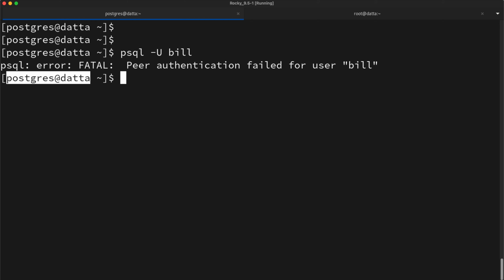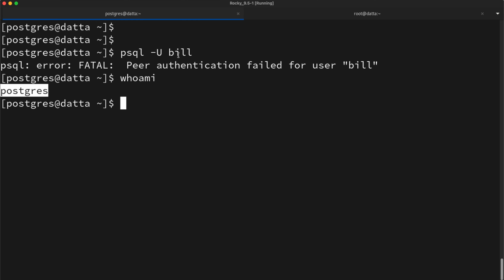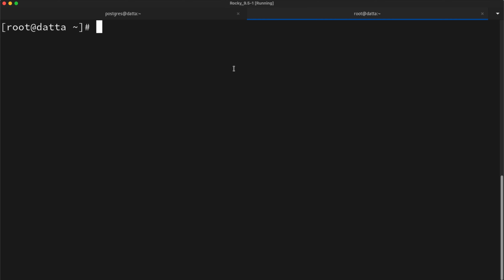It checks if you are logged in as user Bill. No, you are not logged in as user Bill. So the username should exactly match the operating system user. I logged in as Postgres. So if I try to connect using the peer authentication method, it doesn't work. So we will make necessary configuration changes